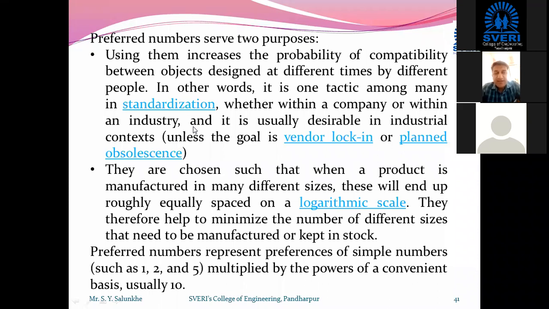That is nothing but, if we take an example, suppose I am going to design a machinery for getting sugarcane juice, right?